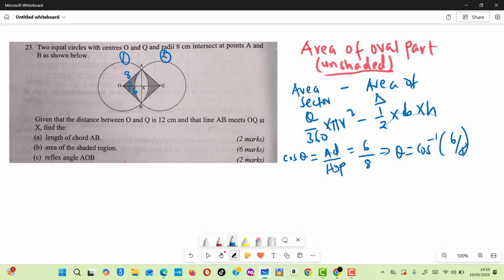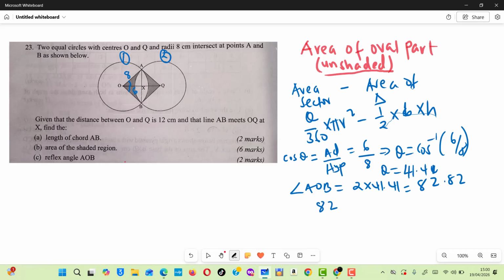Using the calculator, our theta will be 41.41. But we are looking for angle AOB, which is twice this, and that gives us 82.82. Now with that, we can find the area of the sector. We just substitute theta with 82.82, so we'll have 82.82 divided by 360 multiplied by 22 over 7 times 8 squared, which is the radius, then minus a half